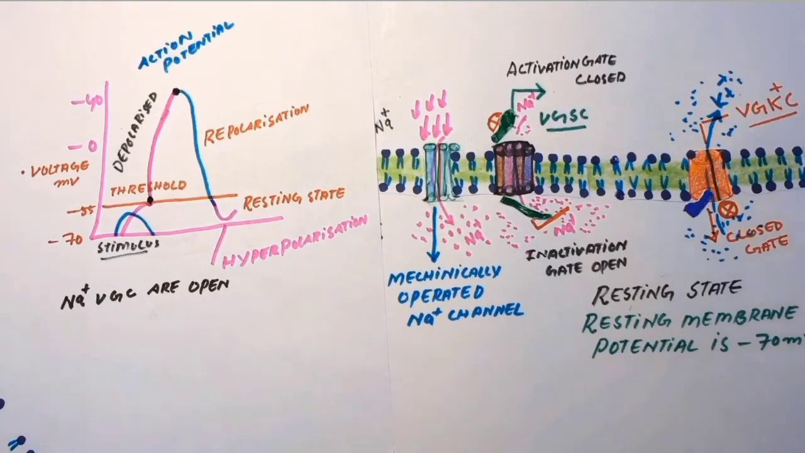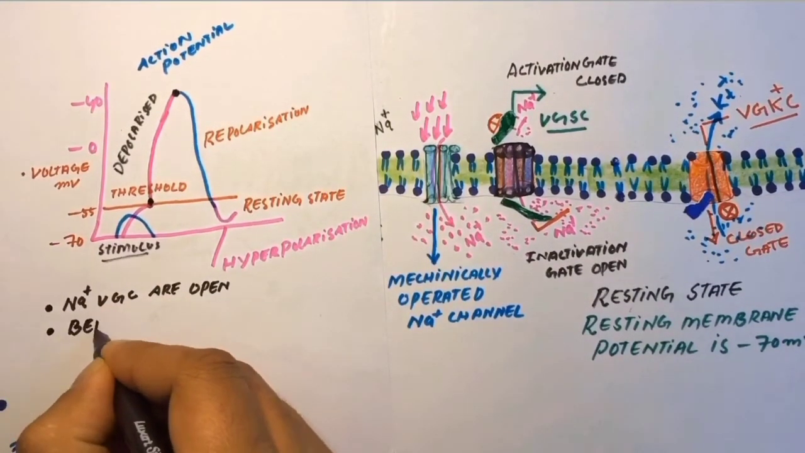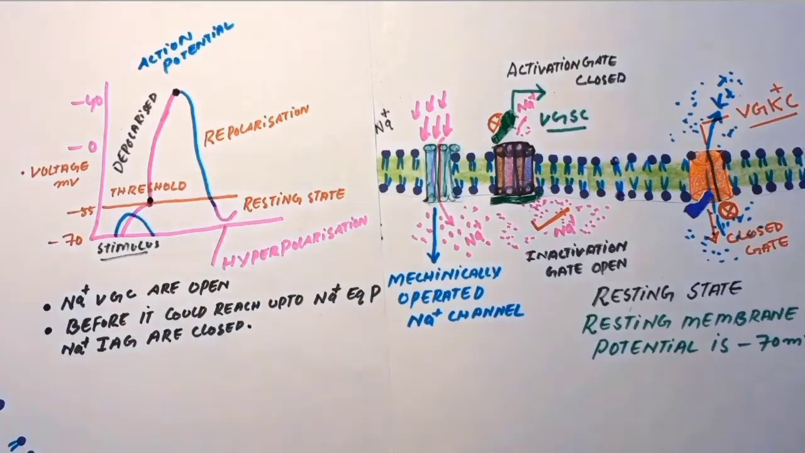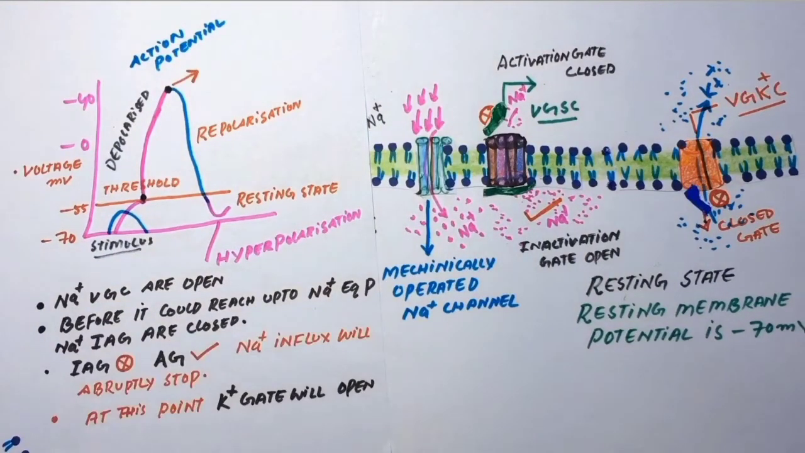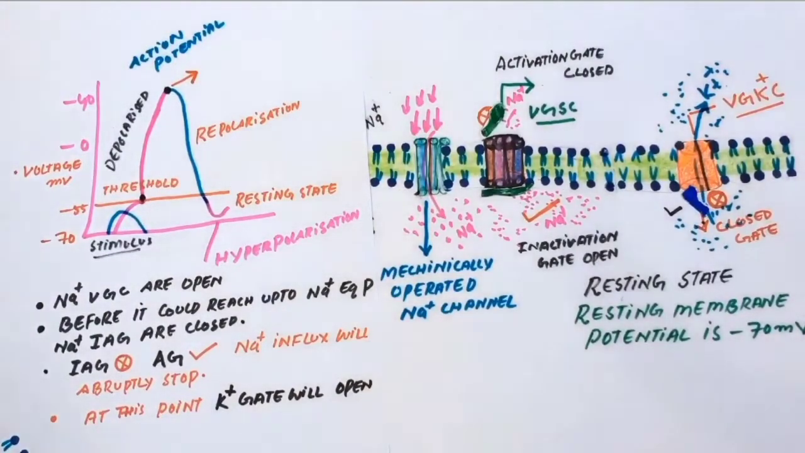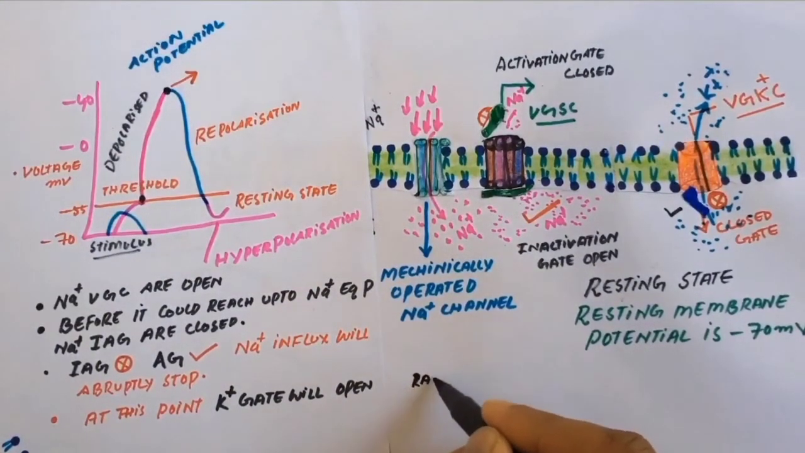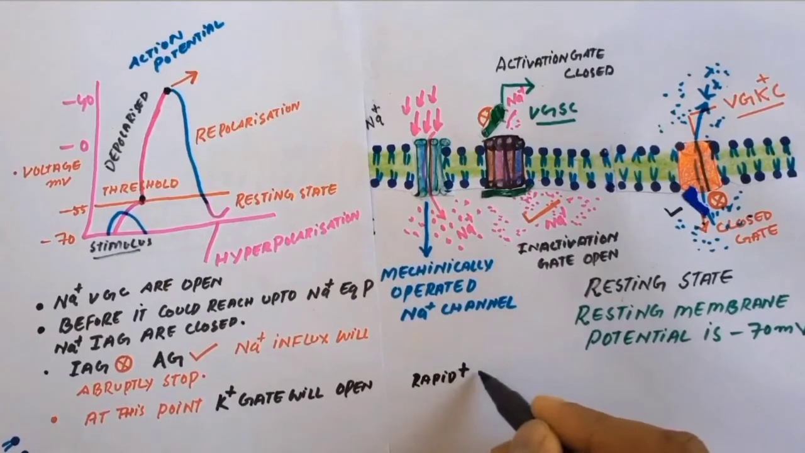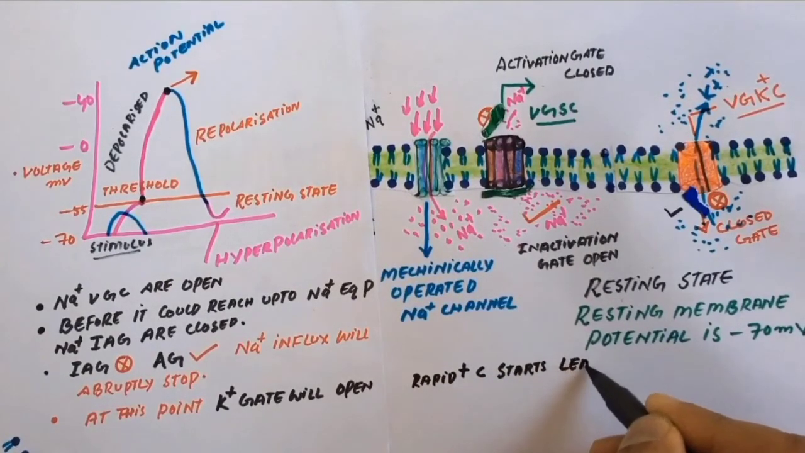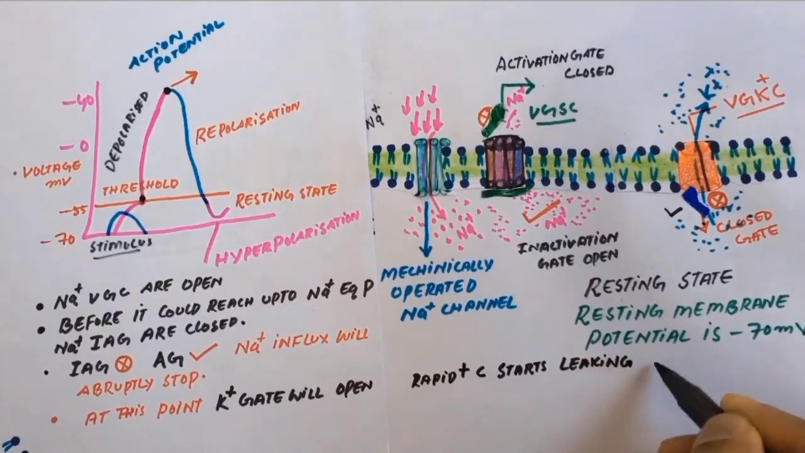Before it could reach the sodium equilibrium potential, the sodium voltage-gated channels are closed, as shown in the diagram. Now the inactivation gate is closed and the activation gate is open. Sodium influx will abruptly stop. At this point, the potassium voltage-gated channel will open, as rapid positive charge starts leaking outside of the membrane through the potassium voltage-gated channels,